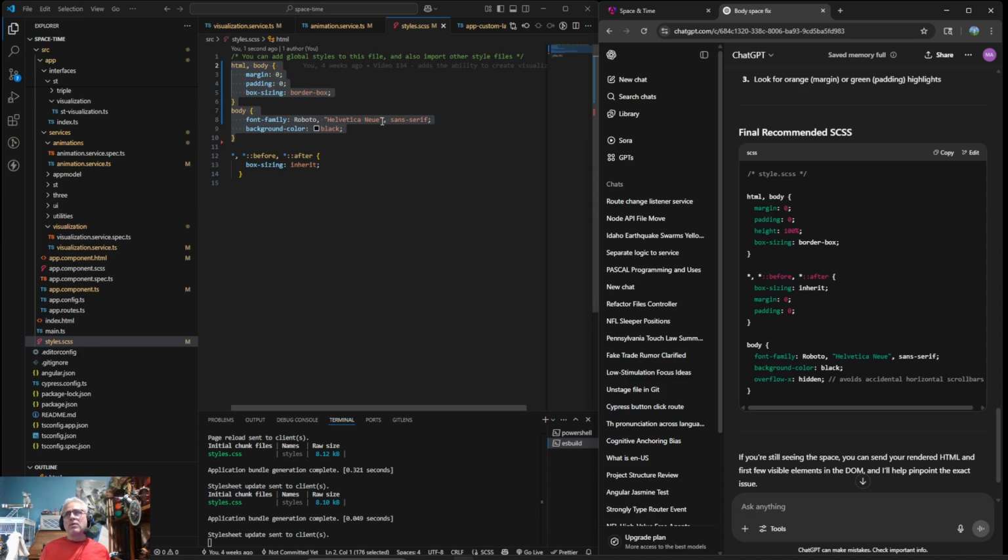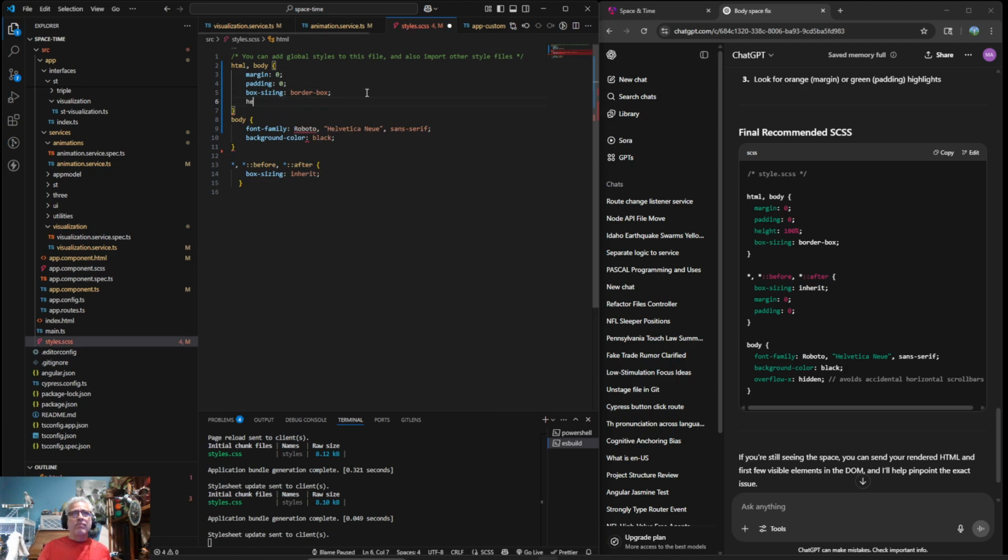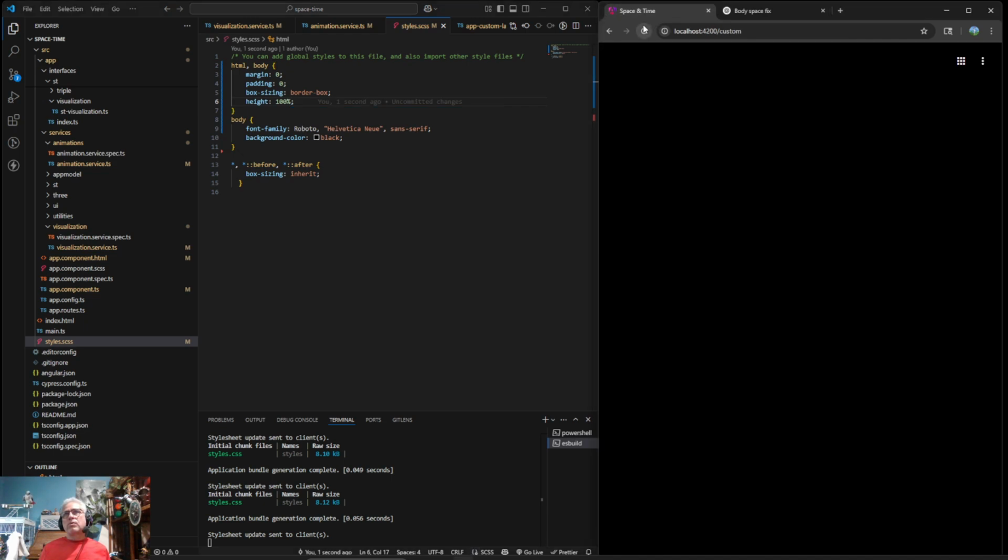Okay, so they did one other thing: box-sizing border-box and height. So he removed the margin. Okay, so the margin is there. What is different? Oh, we don't have the height. What happened to my height? Oh, darn it. I got rid of it. So we just knew getting rid of the height to begin with would fix the problem. Okay, yeah, so the scroll issue's back.